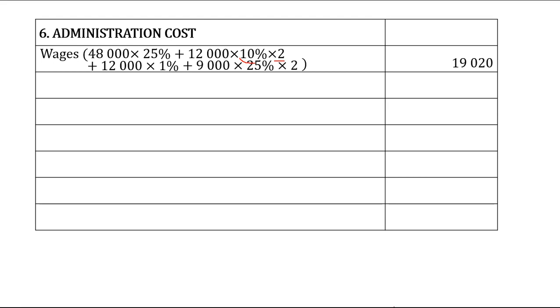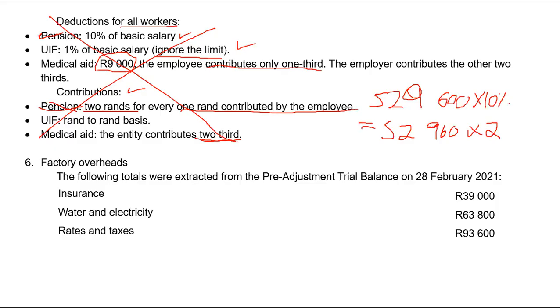Let's move on to the next. It's all about factory overheads. Now, we've got the following totals that were extracted from the pre-adjustment trial balance on the 28th of February 2021. For insurance, we've got 39,000. Water and electricity, 63,800. Rates and taxes amounted to